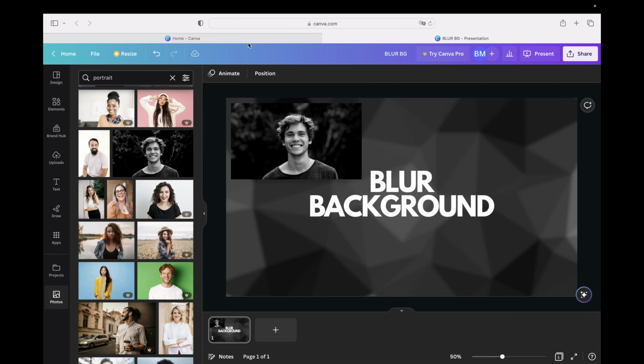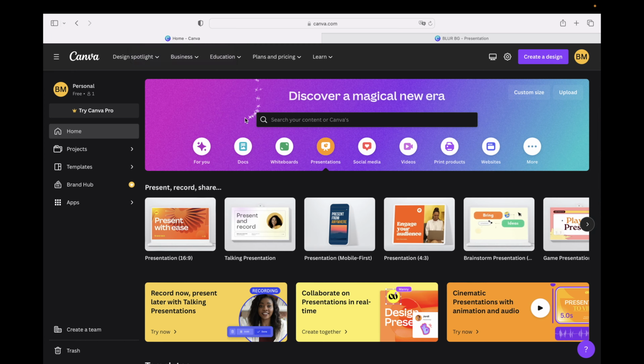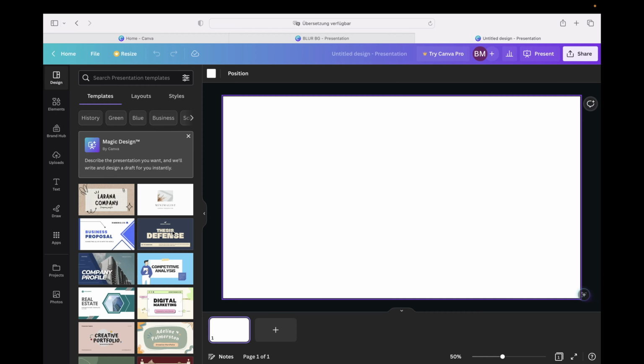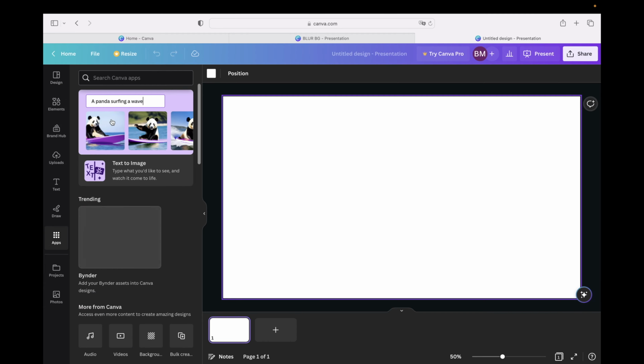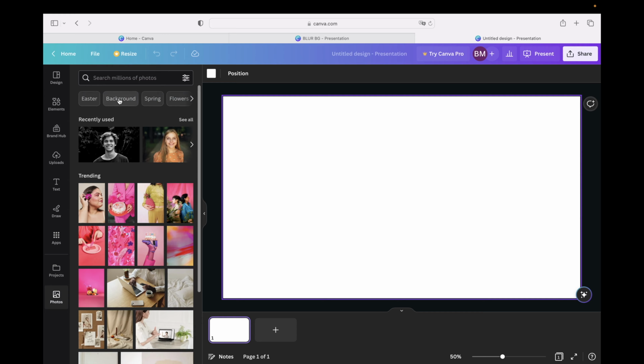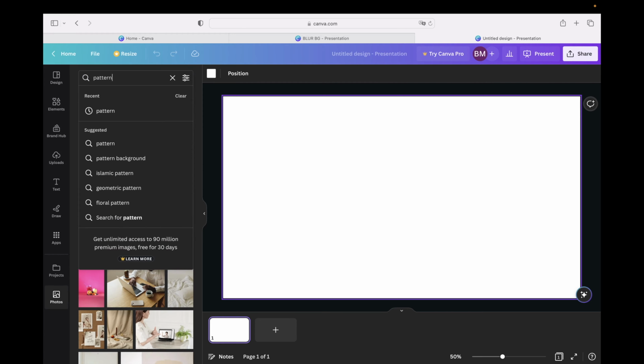And to do so we are starting with a new file in Canva. So we are going with a presentation file like this one, and now we need some images, so we can go to apps and we can search for photos, or you already have photos right here if you opened it in some previous project, and we can click on photos and we can search for pattern, for example, to get